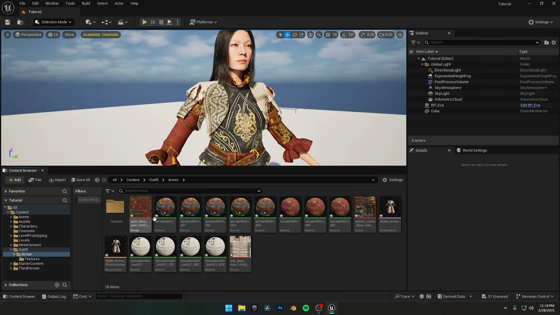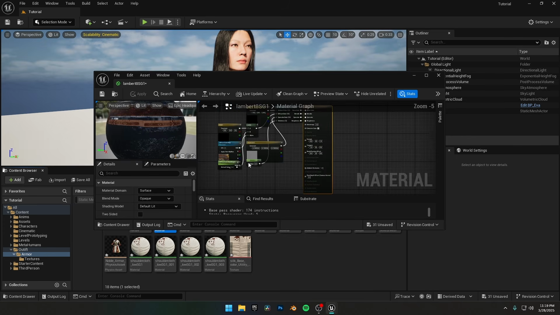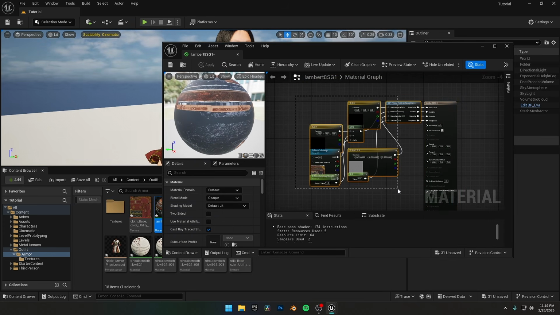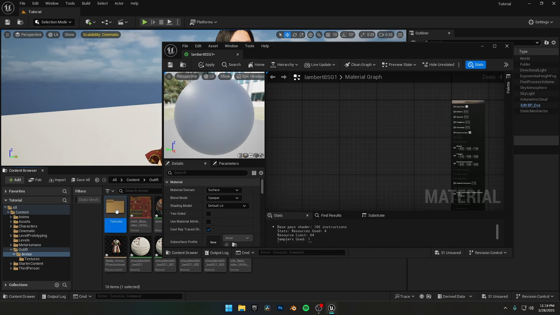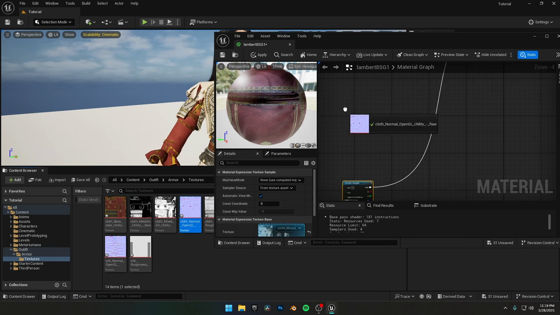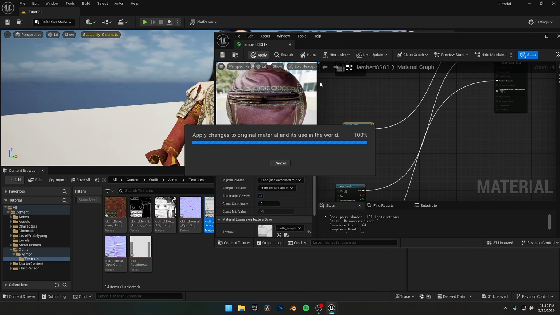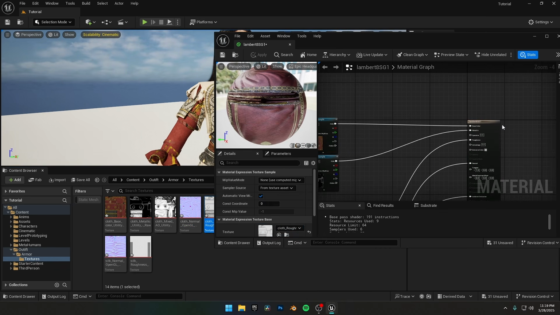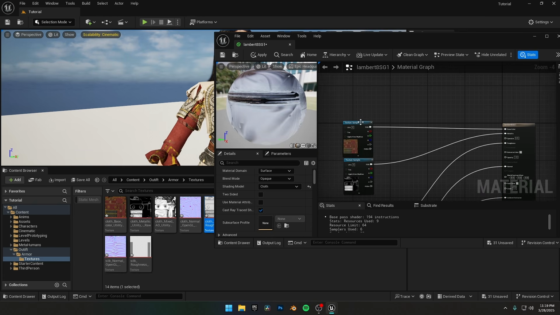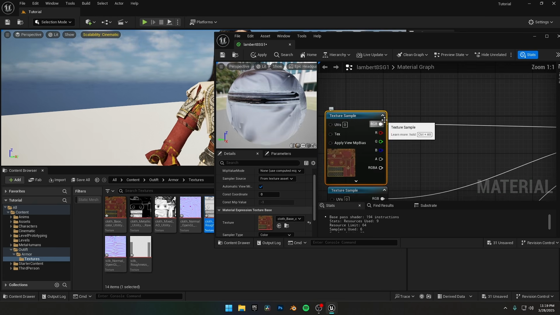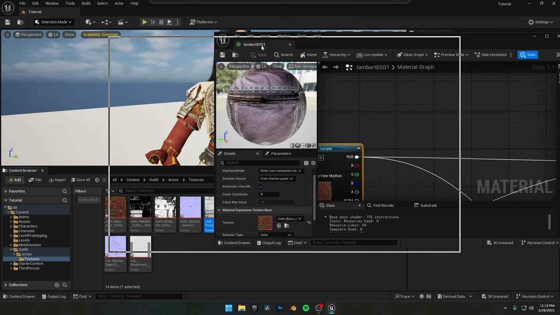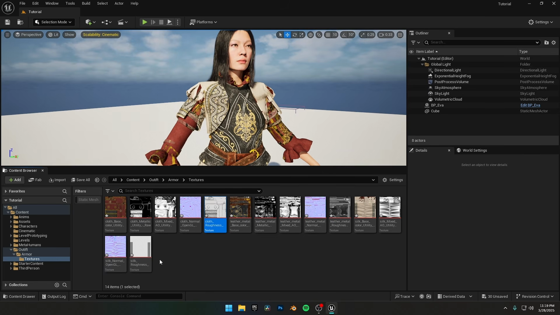Time to fix that. Open any material from the imported ones, or create a new material if needed. Then, apply all the texture maps like I'm doing here to get the proper look. Just drag all the texture maps into the Material Graph Editor and connect them to the correct inputs. Once you're done, select the material, change the shading model from Default Lit to Cloth, and then right-click on the RGB output of the color texture map and connect it to Cloth as well. Now just click Apply and Save, and repeat the same process for each material needed for the dress.